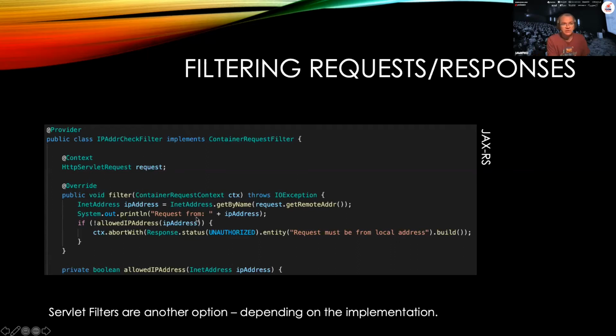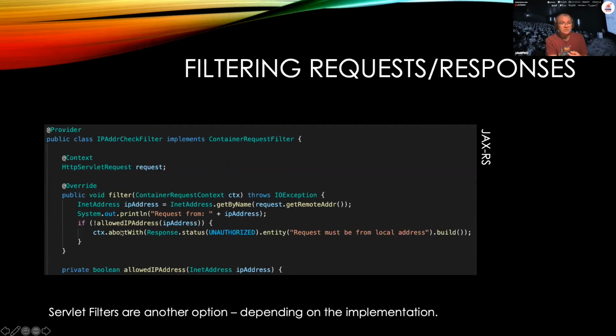So we have a filter here. It's enabled by adding this provider annotation. We inject an HTTP servlet request, and then we check from the servlet request the remote address of the client, and then we check whether it's allowed or not. And in this case, in my sample code, it's all going to be just localhost.